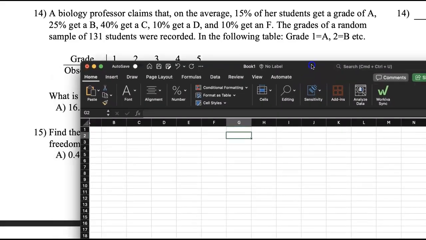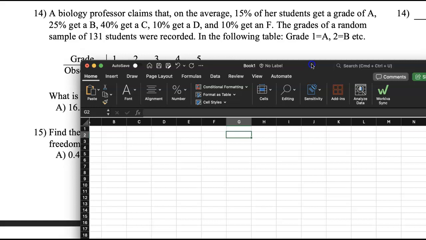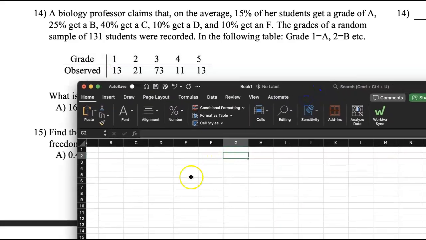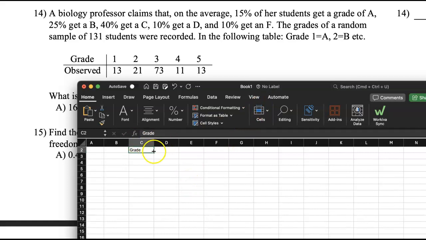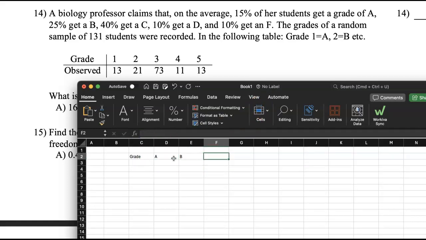So everyone, you can simply open Excel on your computer, or you can open Google Sheets to do the calculation, similar to what is shown here. So you may want to stop for a moment and have the tool ready. We can type here Grade, just to make that more clear. Grade, we have A, B, C, D, F, and then corresponding, we find out the observed based on the